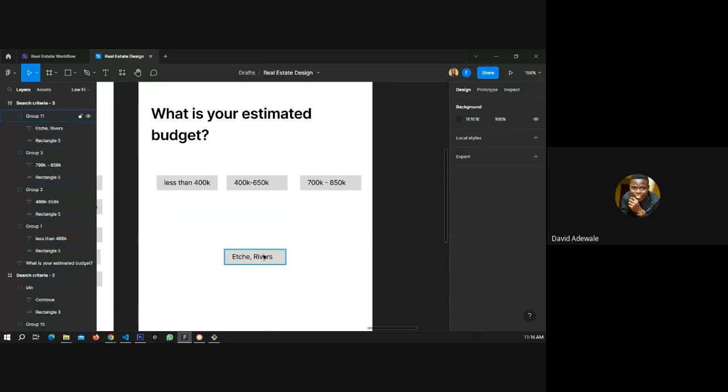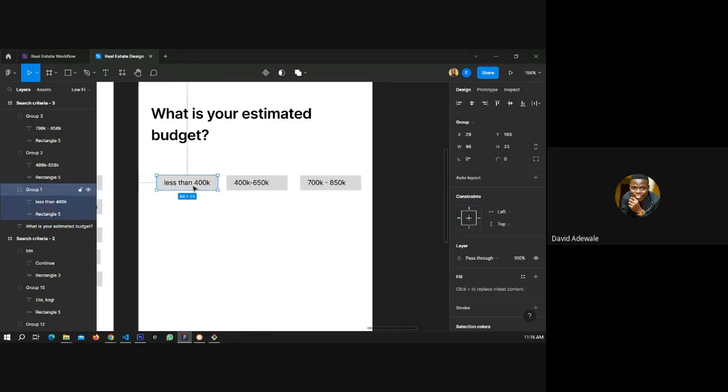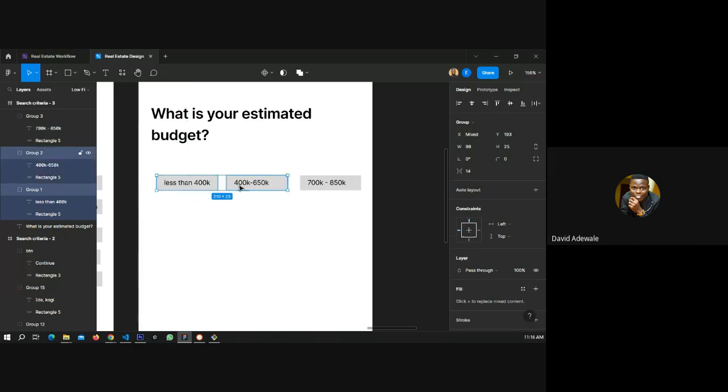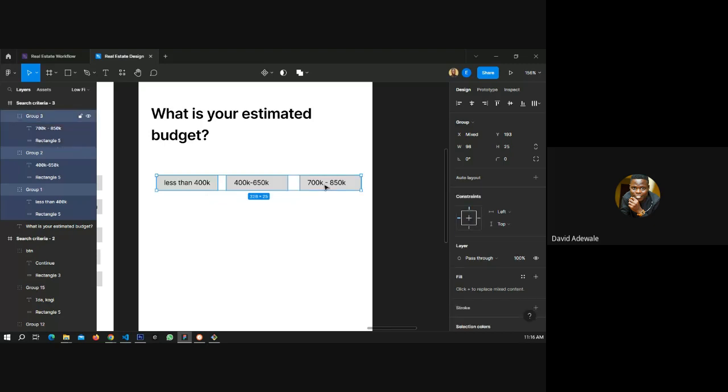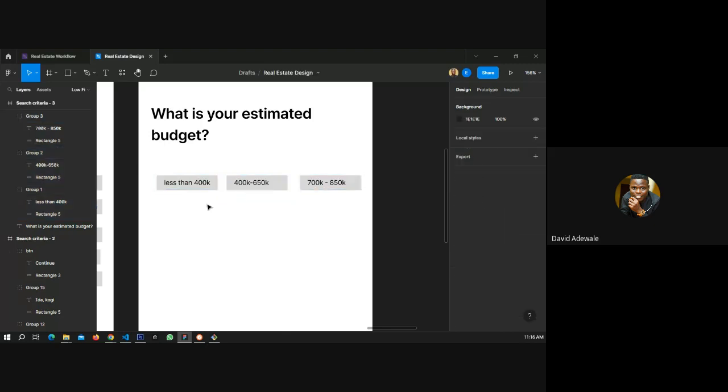To highlight multiple things, I'm just holding the shift and clicking on it. Let me do this. Click on this. You know they are grouped. Click on it. Hold the shift key. Then click on the second one. You can see I highlighted both. Click on the third one. Still the three things. Then you can now perform any action you want. So where do we stop?